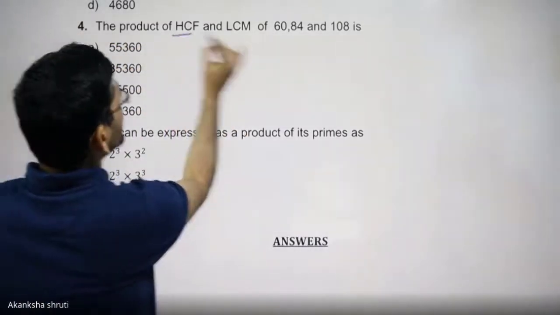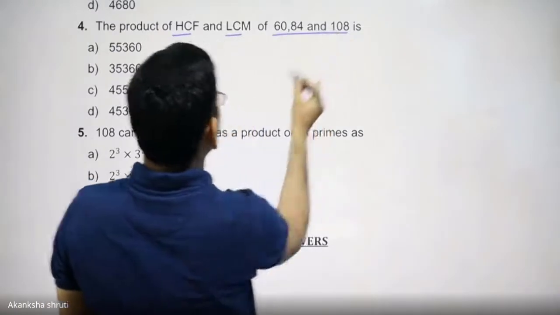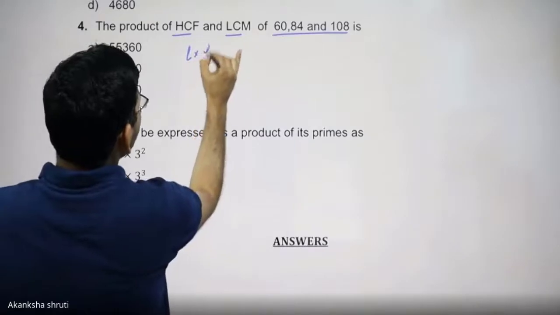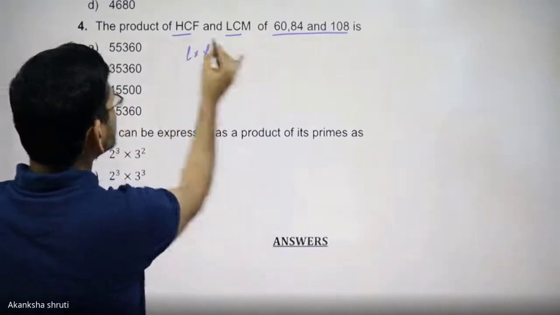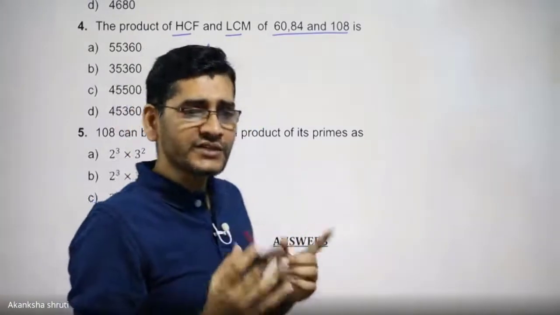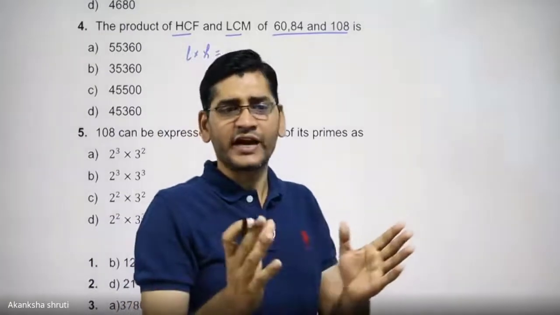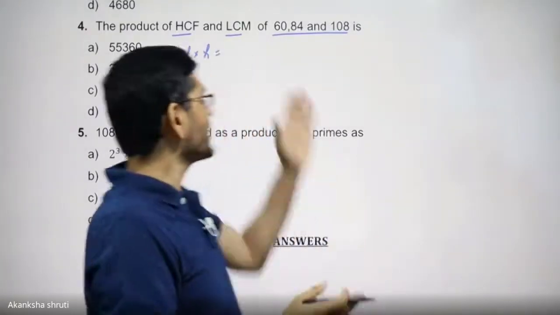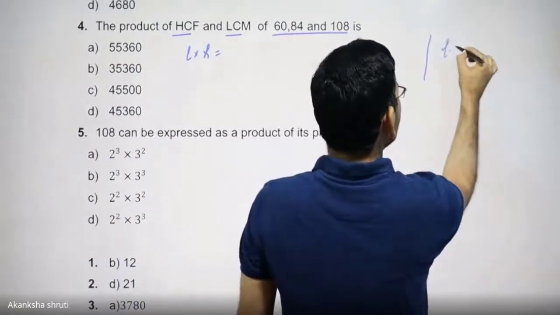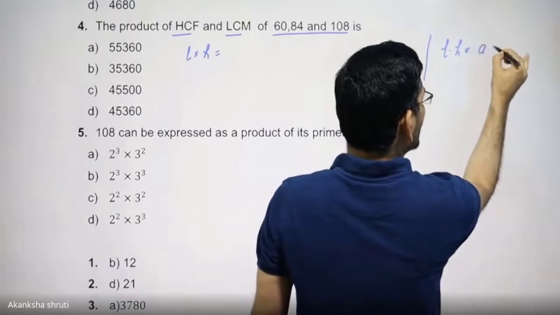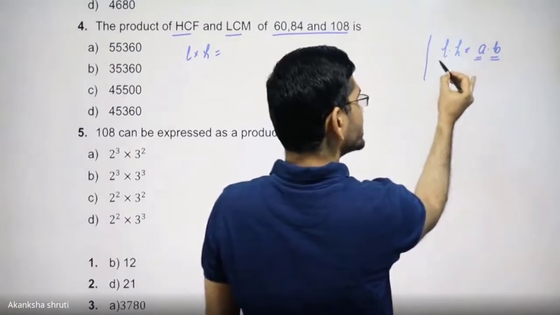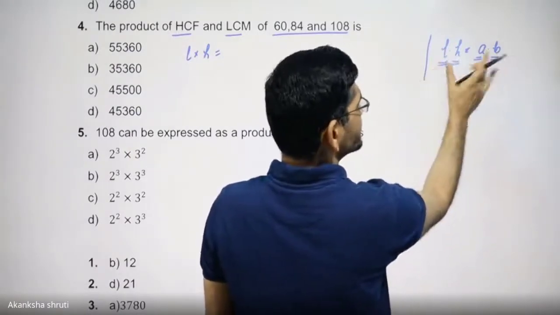The product of LCM and HCF of all these three. So we have to find the product of LCM into HCF. As students, this question is a bit more conceptual. What we have learned? Product of LCM and HCF is equal to the product of the numbers. But can that be applied here? Students, keep in mind, LCM into HCF is equal to the product of two numbers only. If we have the two numbers only, then the product of LCM and HCF is equal to the product of the numbers.